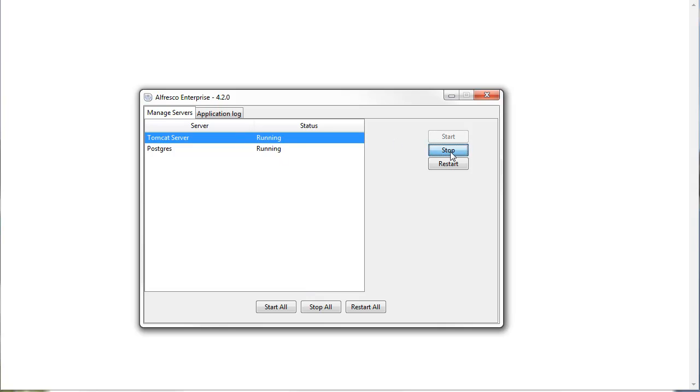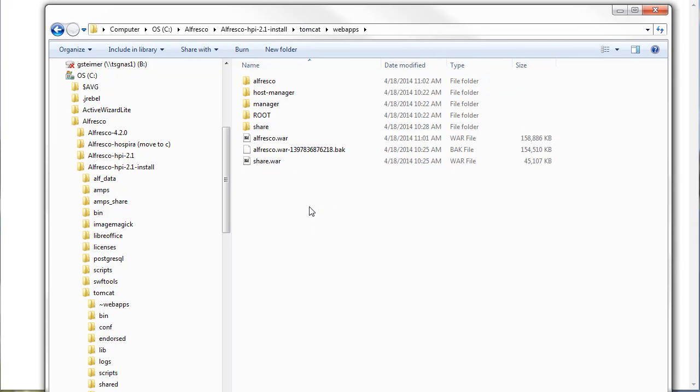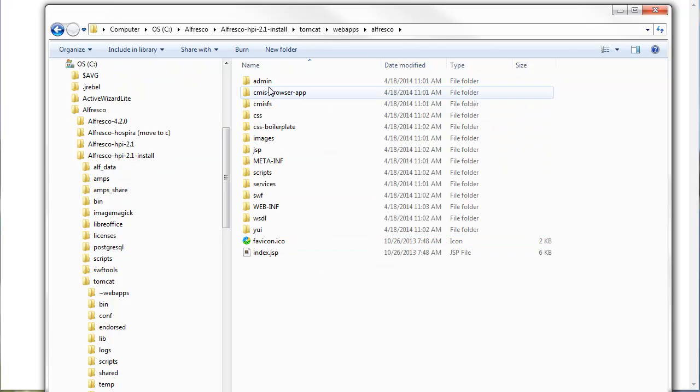I'll go ahead and stop it. Now these instructions are kind of the more verbose way to do it. If you know what you're doing, you can actually edit this WAR file and avoid having to shut down and start up Alfresco twice. But I'm just following exactly how we have it in the instructions. So Alfresco is shutting down, and once that comes down,